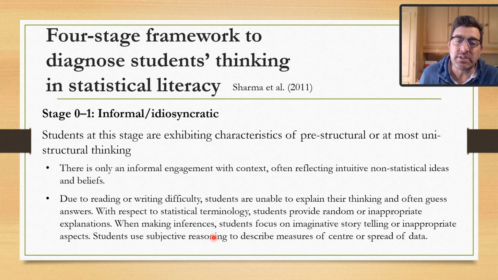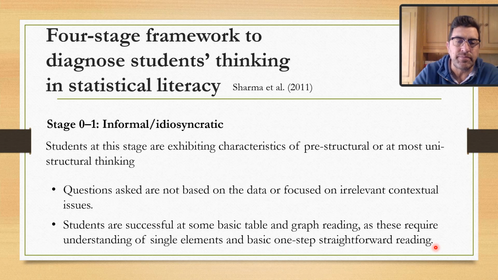When making inferences, students focus on imaginative storytelling or inappropriate aspects. Students use subjective reasoning to describe measures of center or spread in the data at the informal idiosyncratic level. The questions that are asked by students are not based on the data or are focusing on irrelevant contextual issues at this level. Students are successful at some basic table and graph reading at stage 0 to 1, as